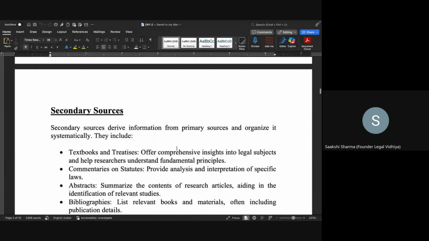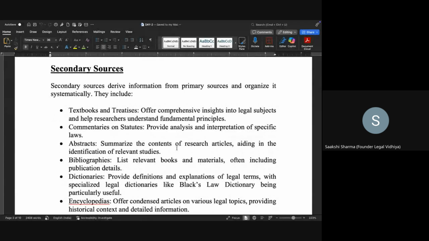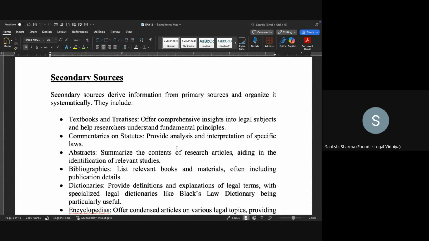A secondary source comes after the primary source. Secondary sources derive information from primary sources and organize it systematically in a much easier way. So when we talk about